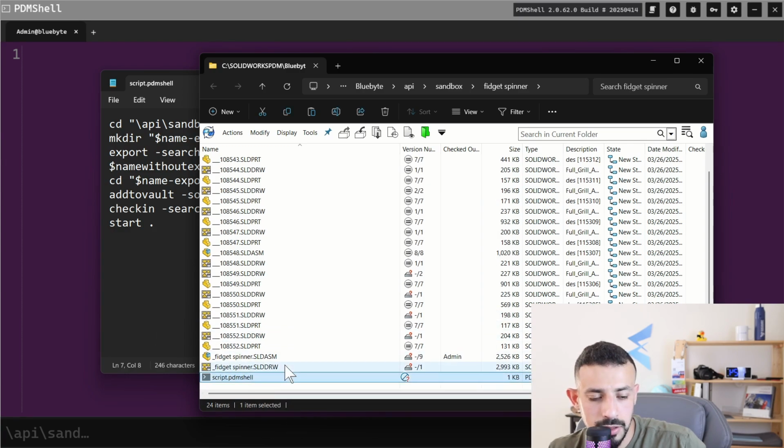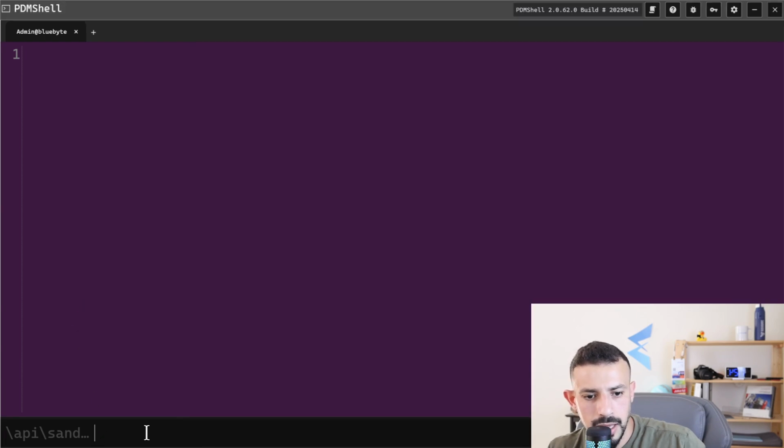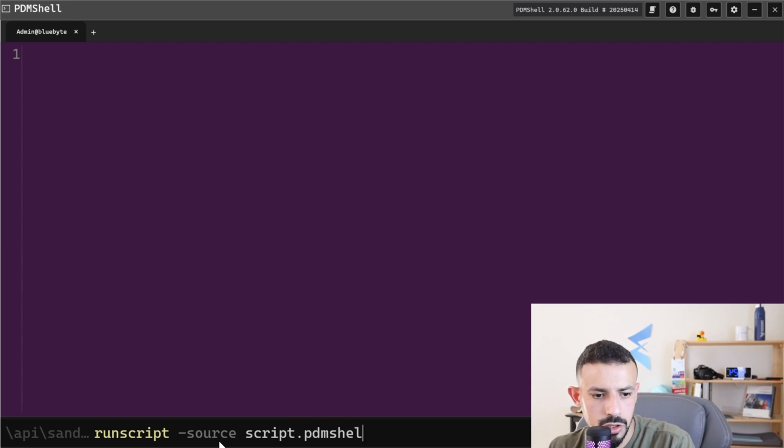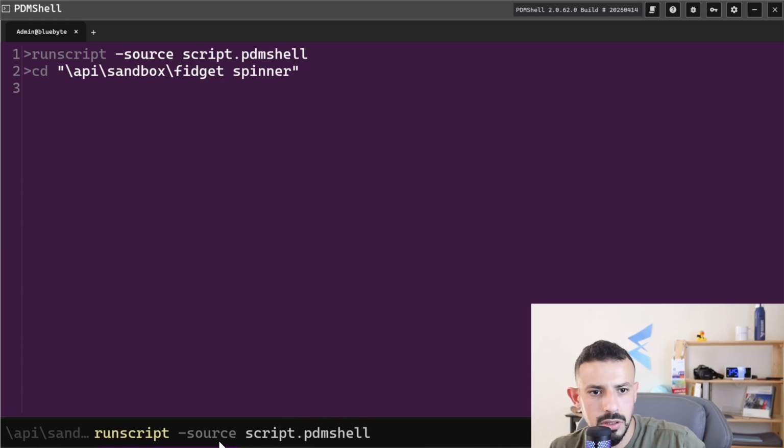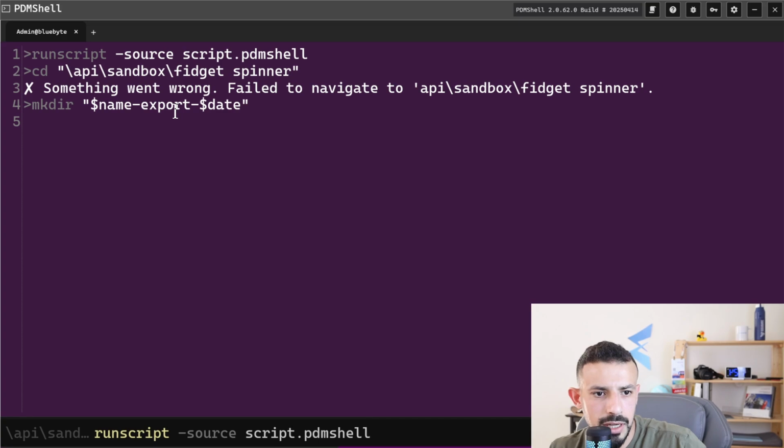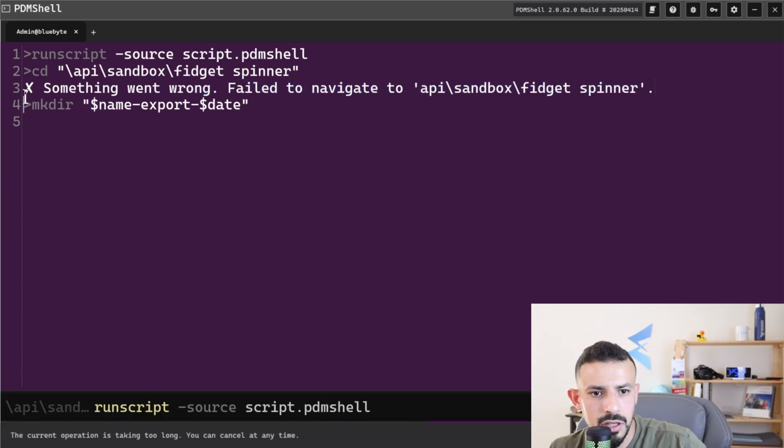Now I could add this to the vault. That would be a good idea, or I could just go back here and simply navigate to our fidget spinner, which I think we're already in there. Perfect. So I can just type in here runscript and then the source, and then that is going to be script.pdmshell. Enter, and it's going to navigate. I think we already navigated to the folder,